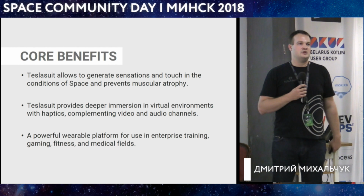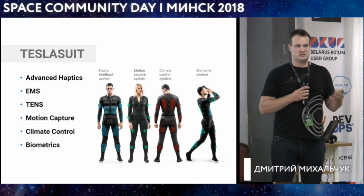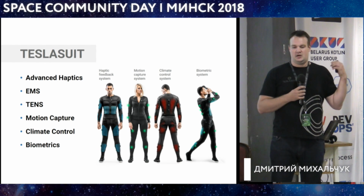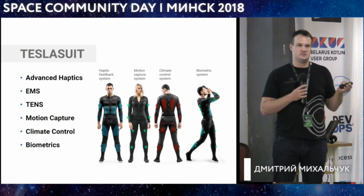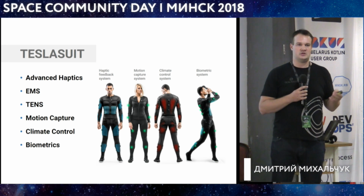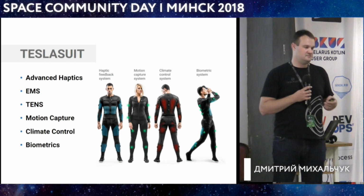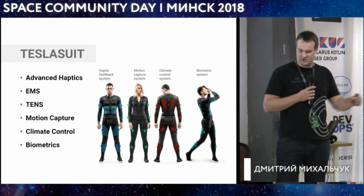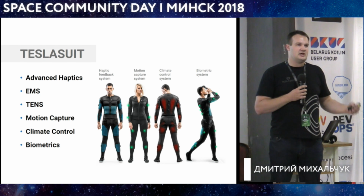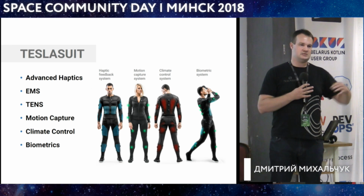So currently, Teslasuit includes 6 principal systems that we use for creating this sensation, the sense of touch. It has the haptic system, which is then split into EMS, which is electrical muscle stimulation system. It uses TENS, which is transcutaneous neural stimulation. It took me a while to learn that term. It has a motion capture, which captures the physical motion of the person,